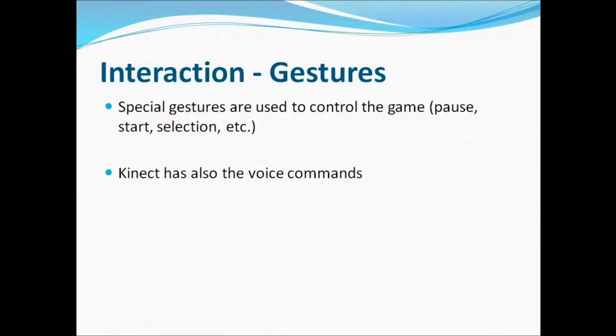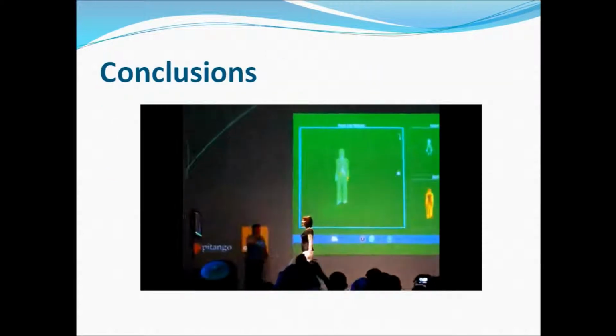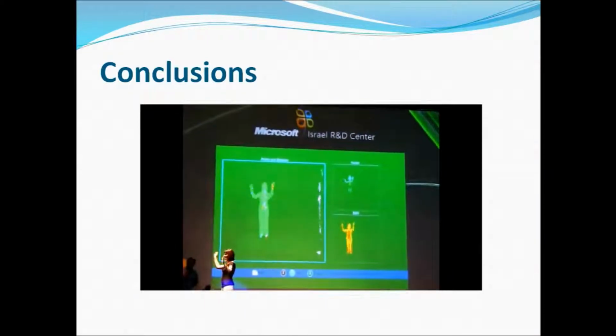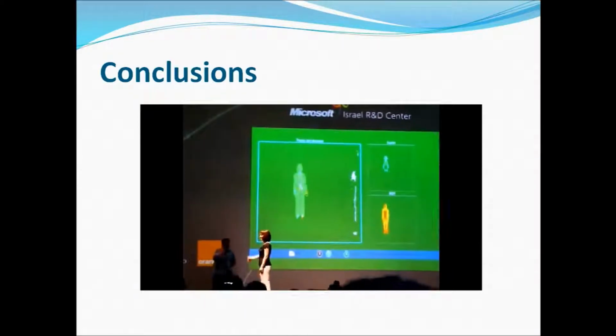In recent versions, vocal commands are also provided, especially to manage a media file or start and stop a game. To do this, the audio stream recorded by the 4 microphones is processed, analyzed and translated into commands. At the end of this video, you know how the Kinect is made and how it works, how it recognizes a player, its gestures and how it reproduces them on the screen.